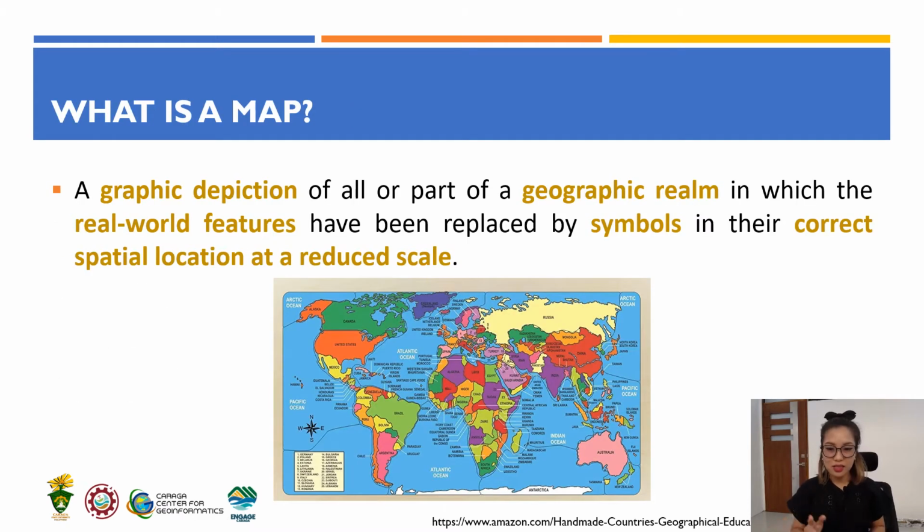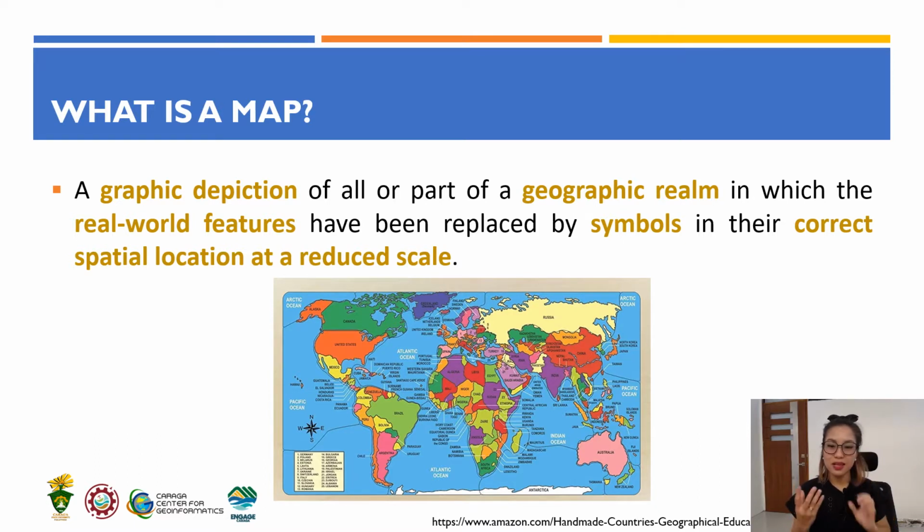So let's define first what is a map. But even, I think before in our elementary days or grade school years, diba, we were asked to bring a map of Mindanao, Philippines, Asia, world, no? Until we focused on the globe. So